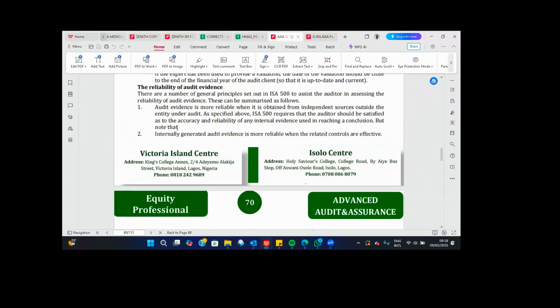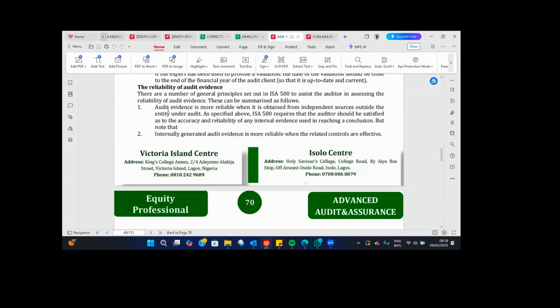That we are saying. Number 2, audit evidence obtained from an independent source is more reliable than any evidence obtained from the client. Especially when you obtain information from a knowledgeable independent source, somebody outside the organization, the information you obtained tends to be more reliable, because it does not have any obligation to the client. It does not hold any recourse to them. So whatever information it is going to give you will be correct. But your clients, sometimes they are intentional when they want to give information because they don't know to what extent you want to use that information. So sometimes they will give you information in bits,